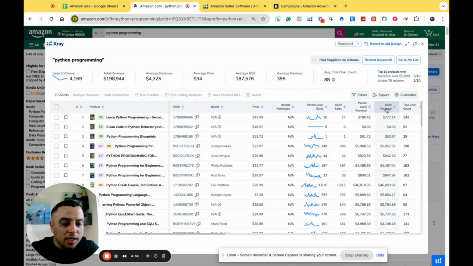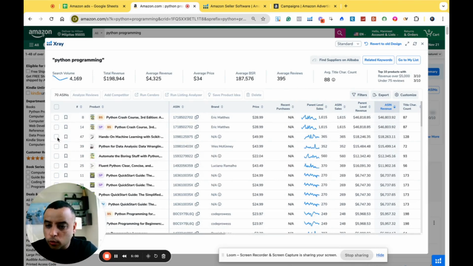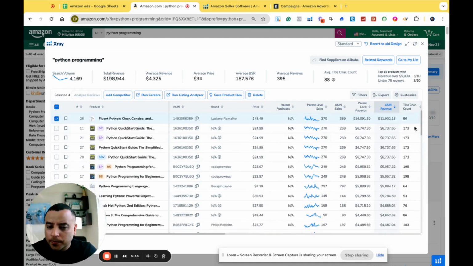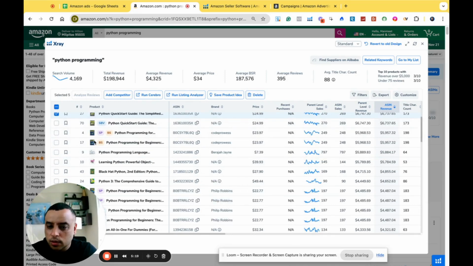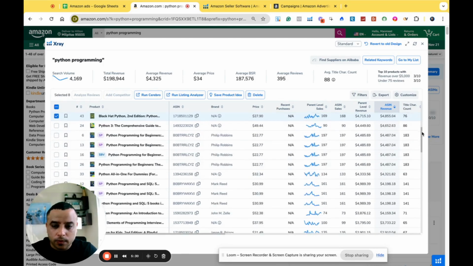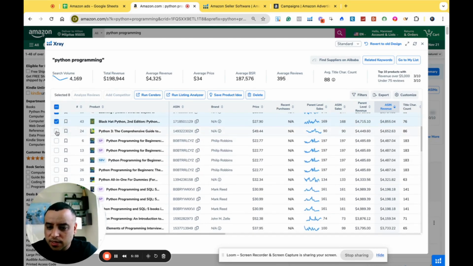So we filter it by revenue, from the highest to the lowest. We'll pick our books here. For example, this is also Python, this is also Python. Make sure they are relevant, not some other topic. If you select that, you scroll down, and like this, you have to select 10. We'll scroll down, and we'll pick this also. And then we do something called